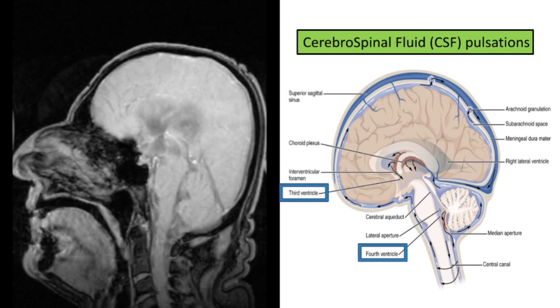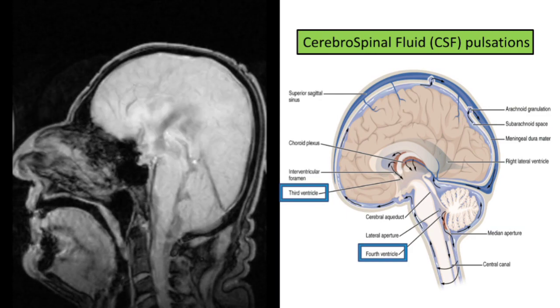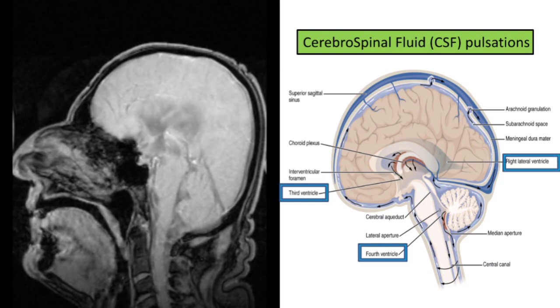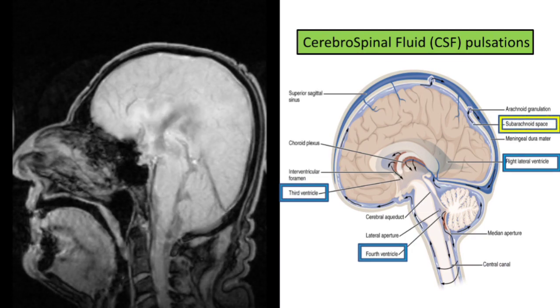Most observers have regarded these pulsations as a reflection of the arterial pulse wave. In addition, there is a superimposed rise and fall in cerebrospinal pressure associated with respiration. If you want more details about CSF, then click on this top I button.